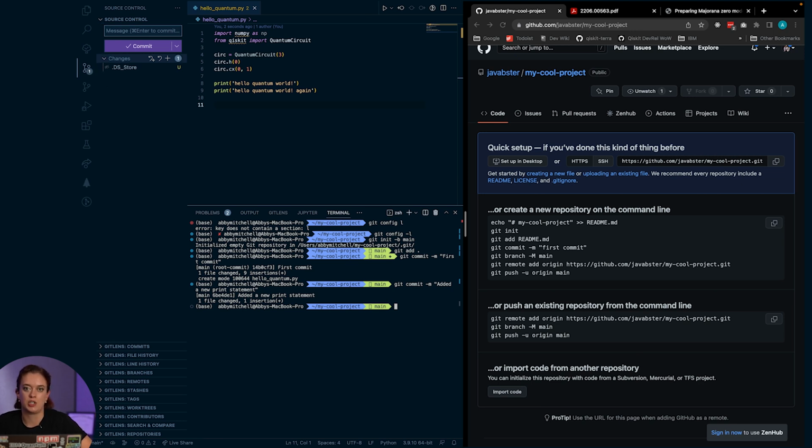So next, I have some code that I made some changes to. I've committed them. I've started to build up that history. Now I want to take this empty shell of a repo that I have in GitHub, and I want to connect my local project to that project in GitHub.